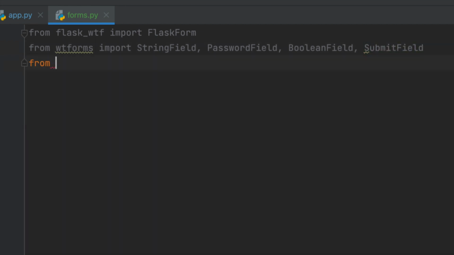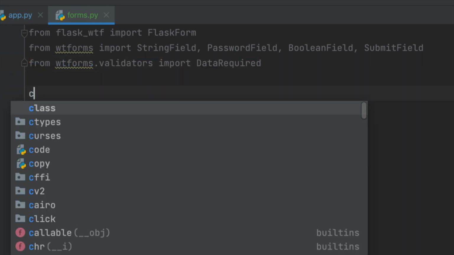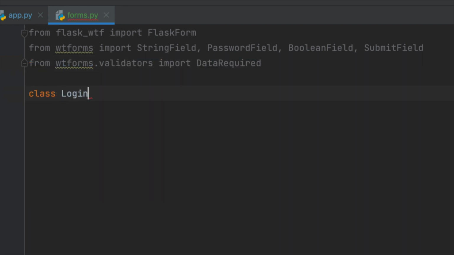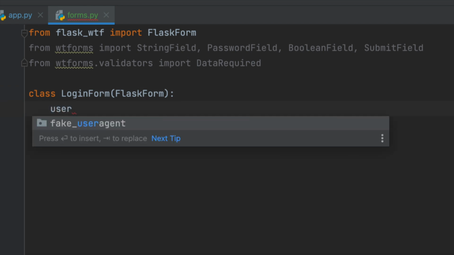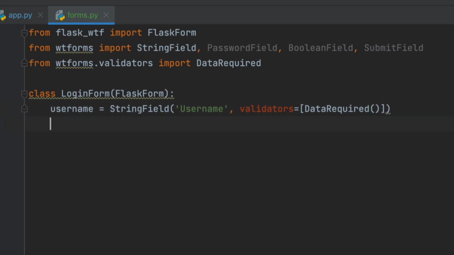You also need a validator, from wtforms.validators. We need DataRequired. The class we need is LoginForm, and we will inherit from FlaskForm. You need a username, validators. The only validator that we need now is DataRequired. We need a password field,